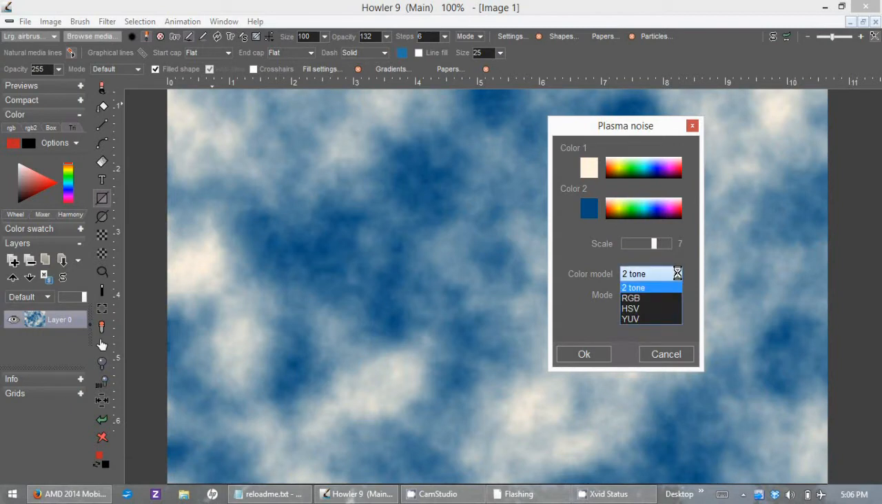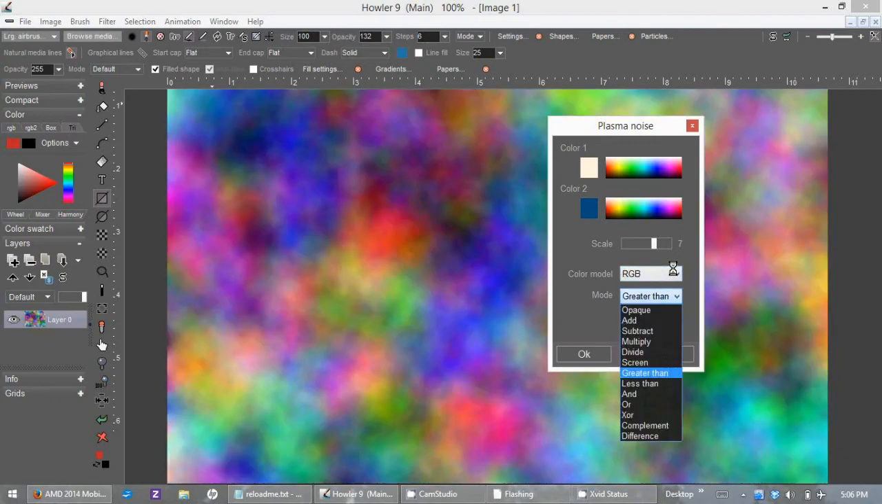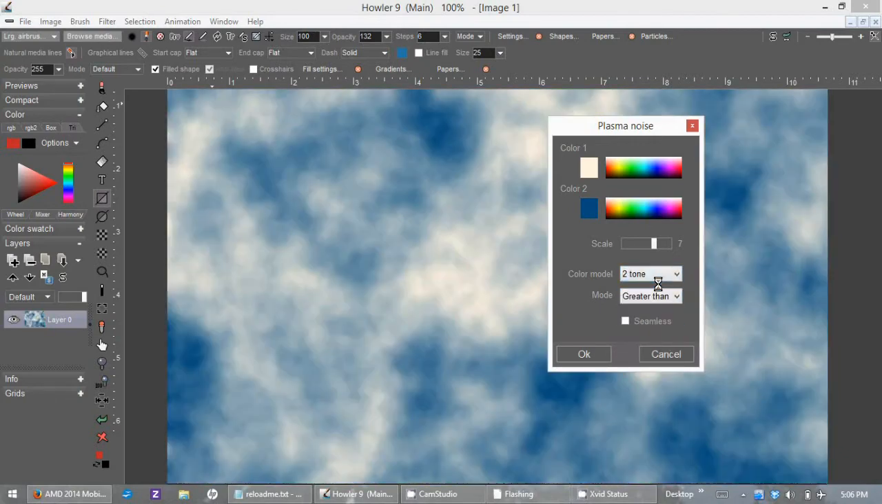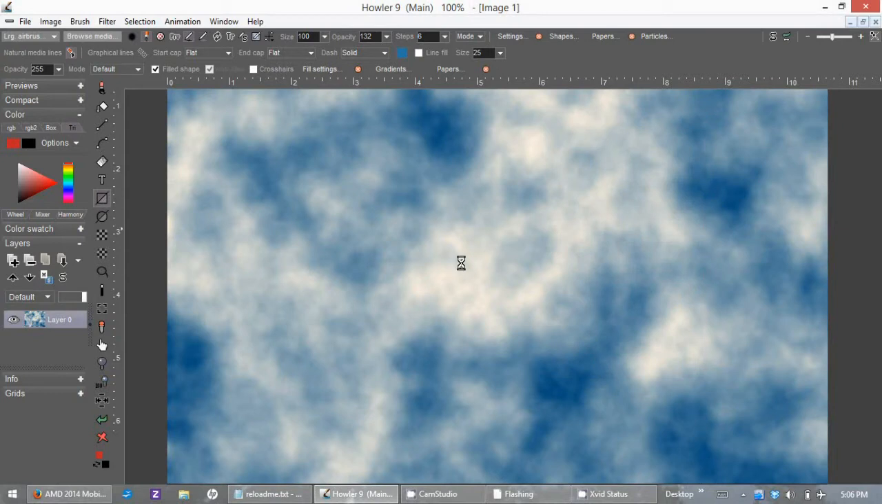Of course, you can make red, green, and blue, and hue saturation value and YUV channels as well, but this is new, being able to change the start and end color, as well as making a seamless image if you need an image that will tile. But we're going to go ahead and hit OK for that, and that's a pretty good start on some clouds already,